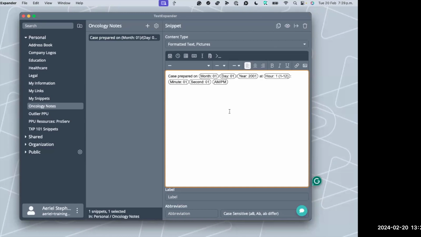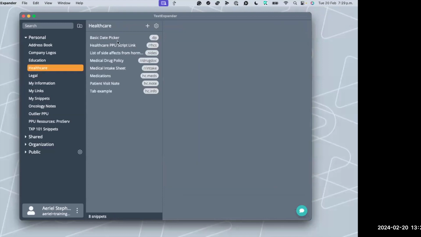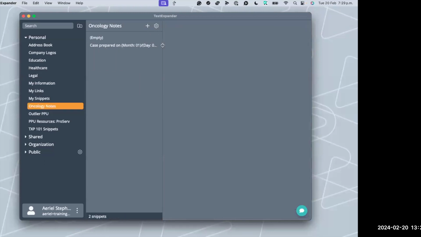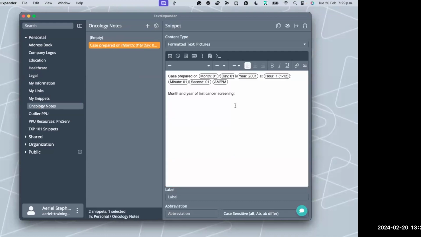Okay, so moving on. I mentioned month and year of last answer screening. Just going to format some of this text. Oh no. Did I just delete all of that? That's okay. I have this built already, so I will go ahead and copy this part. Oh no, I didn't delete it. That's okay.